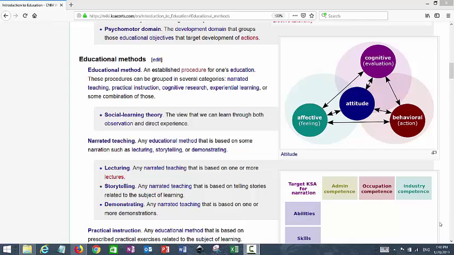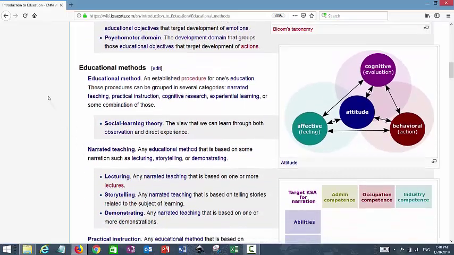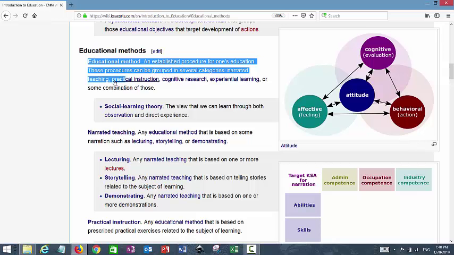We are at the Educational Methods section of the Introduction to Education lecture. Let's start with the definition. An educational method is an established procedure of one's education. These procedures can be grouped in several categories: narrating, teaching, practical instruction, cognitive research, experiential learning, or some combination of